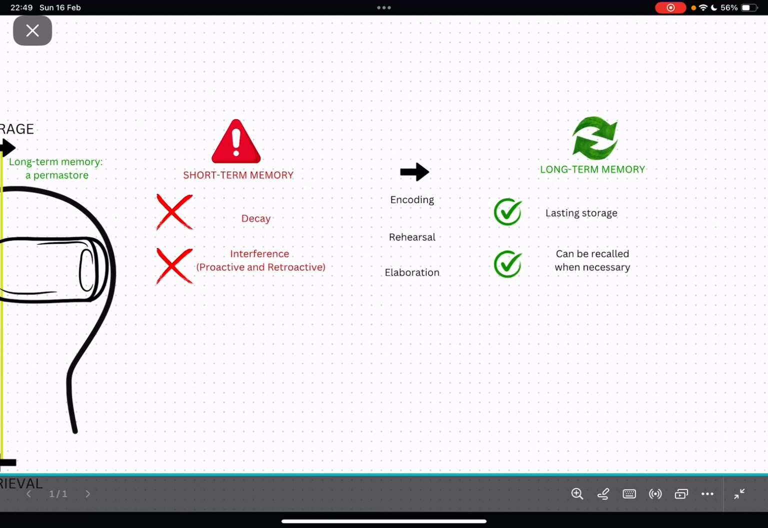To consolidate the information in the short term memory to be stored in long term memory requires the process of encoding, rehearsal, and elaboration. Encoding is the initial process where sensory input is converted into a form that can be processed and stored. Rehearsal refers to the active repetition of information, and mentally rehearsing it strengthens neural connections. Elaboration refers to connecting new information to existing knowledge or personal experiences to make it meaningful. It is only when information reaches this permastore can it be stable and resistant to decay for a